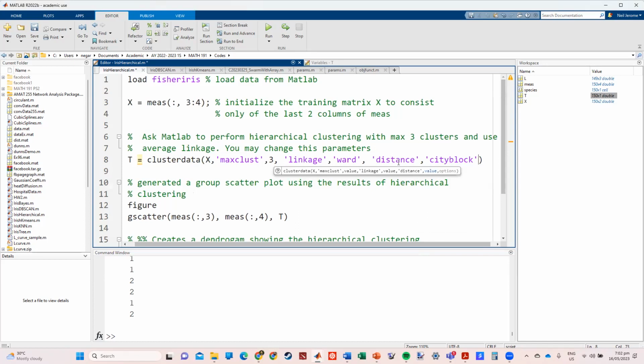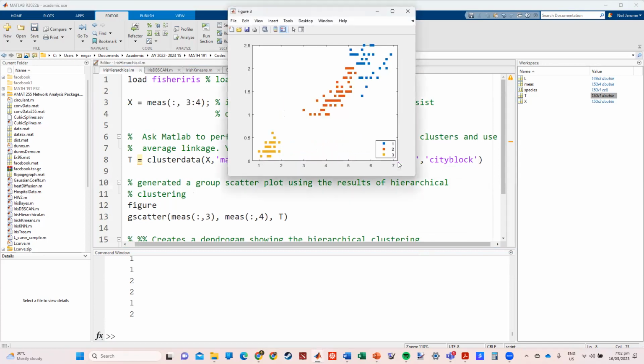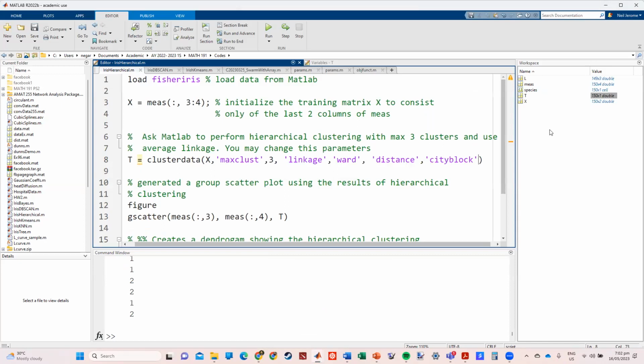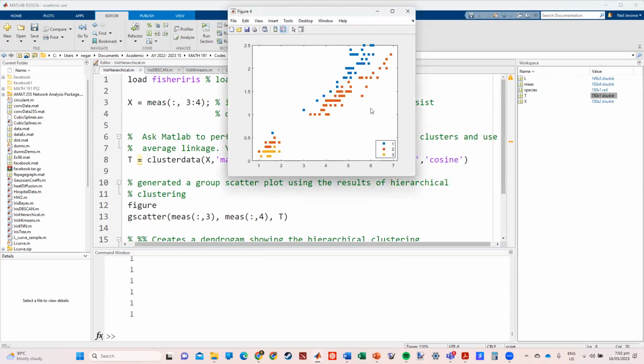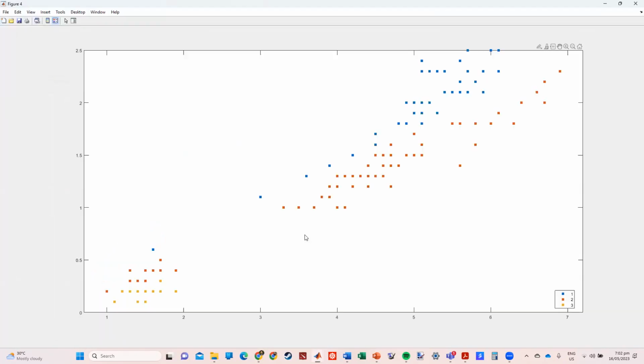So you personalized the command here. That's fine. Press F5, and then we get this clustering. Or you can use the cosine distance instead of the city block distance. If you use the cosine distance, press F5, definitely you'll get a different grouping, a much different grouping, because you see here,